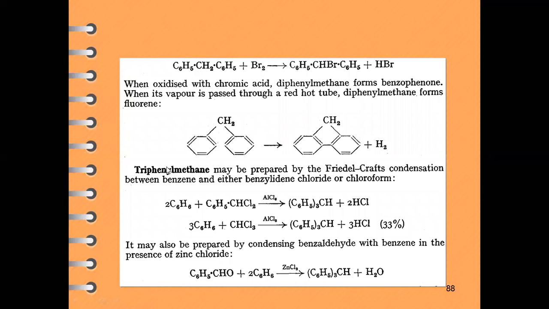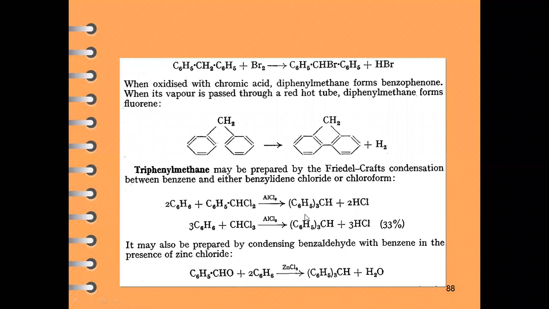Now our last and next polynuclear hydrocarbon is triphenyl methane. What we are going to discuss about this compound is the synthetic methods and reactions of triphenyl methane. So what is triphenyl methane? It is prepared by Friedel-Crafts condensation between benzene and either benzylidene chloride or chloroform. Whenever we condense benzene with benzylidene chloride in the presence of aluminum chloride, we can obtain